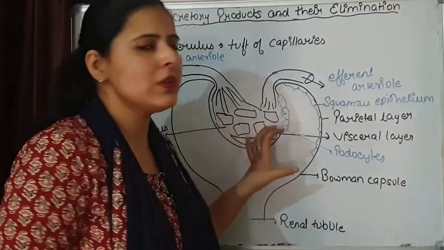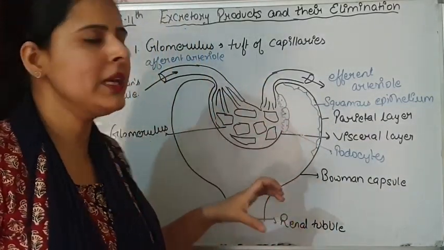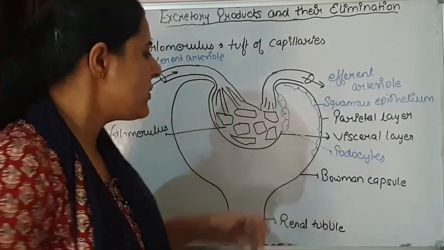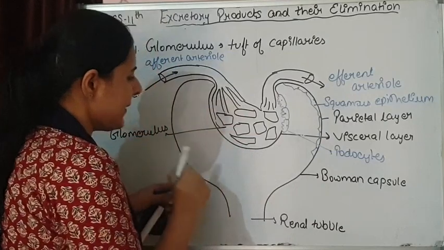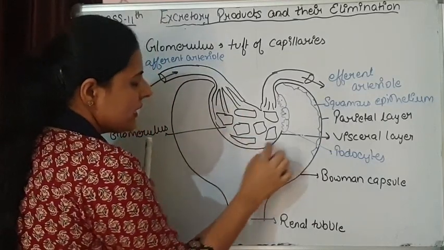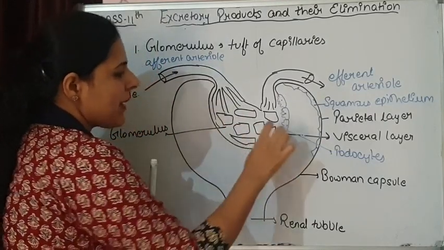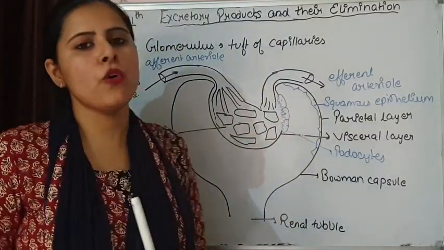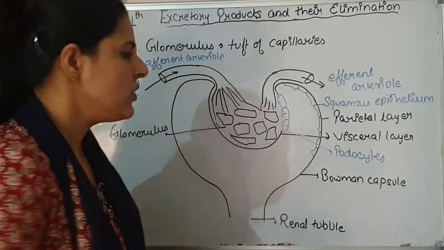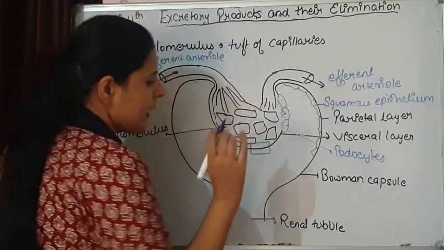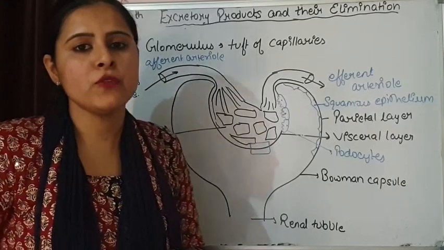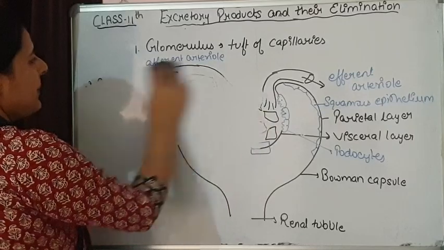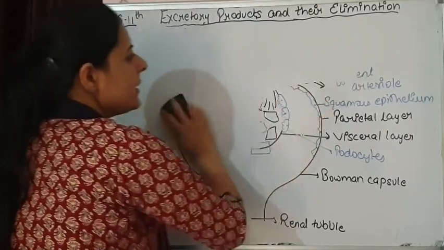What this glomerulus is doing, these capillaries are going to filter out the blood that is entering into it. So if we talk about all this structure, the glomerular membrane is designed in such a way that the efficiency of filtration will increase. So if we zoom in on this part, what types of structures are visible to us and how are these structures helping in the process of filtration of blood?